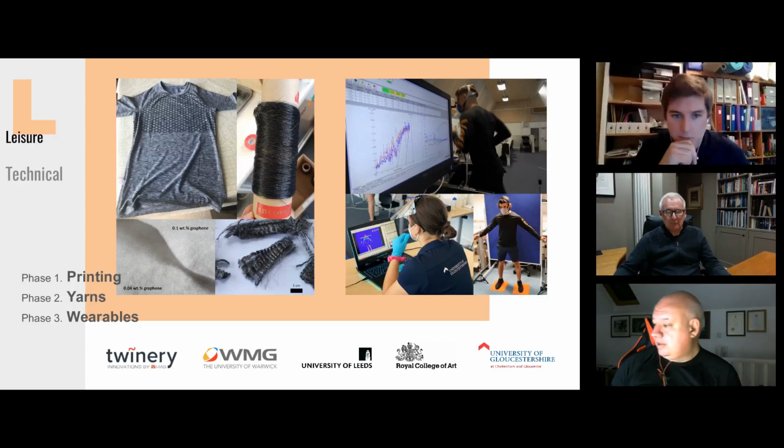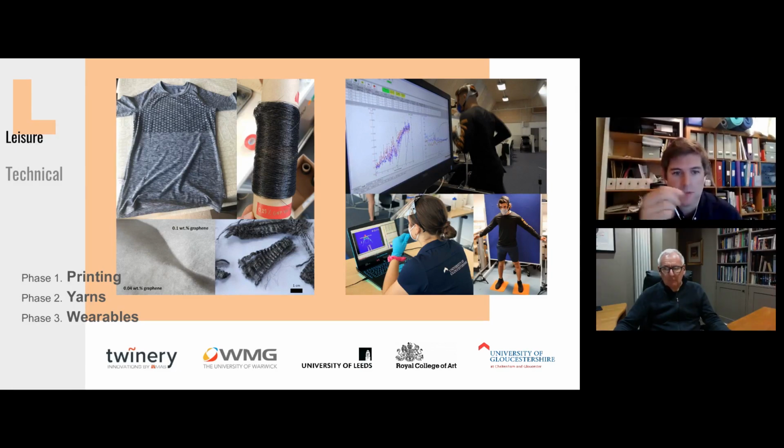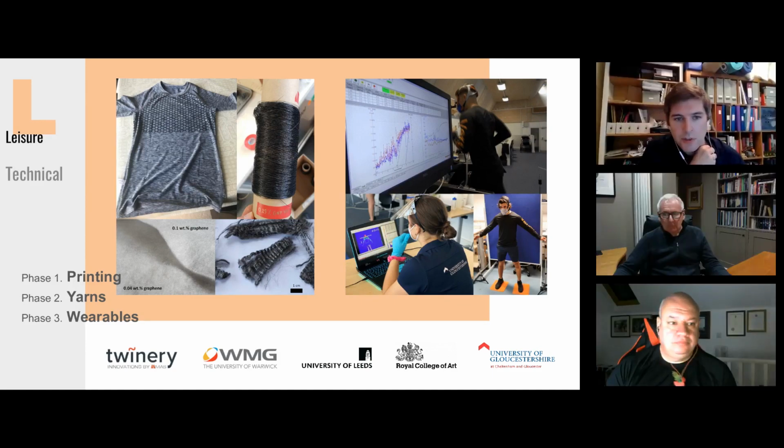Yep, sure. So essentially what we have going on with textiles, we've got three phases, each of them running in parallel. But as Neil mentioned, the first focus has been on printing and coating onto textiles, and that's using our graphene ink products. And so we've moved from the first generation, where we actually completely dyed the fabrics. We moved on to printing in certain areas, and now we're optimizing and modifying those designs such that we can really push forward and optimize the kind of trade-off between the thermal management and moisture wicking and the breathability of these garments.